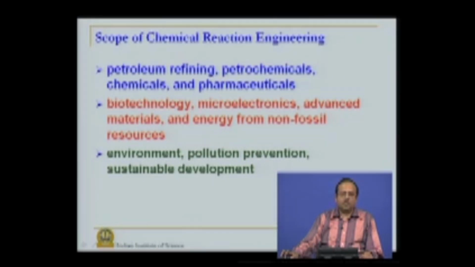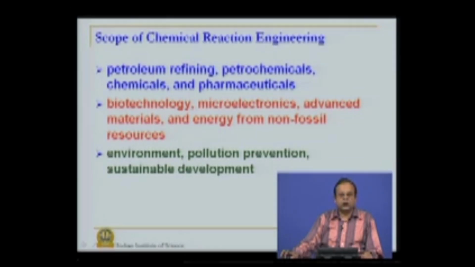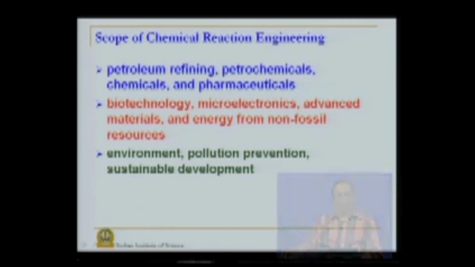But because of the training that we get as chemical engineers, we are no longer just restricted to these traditional areas, but we are expanding into a variety of different fields. And why is that possible? That is possible because, take the example of chemical reaction engineering. You would have done a little bit of kinetics of the processes or reactions, you would have learnt about different types of reactors and so on.